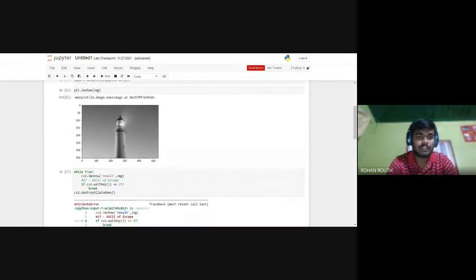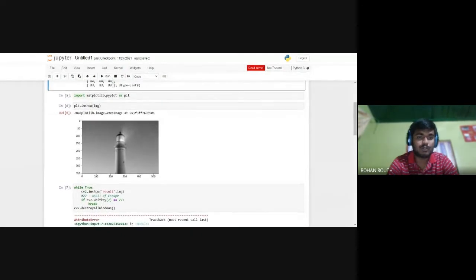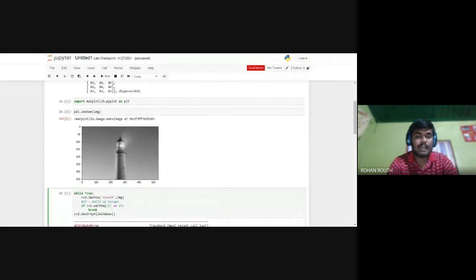Then we have used this while True statement here. What happens when we use this OpenCV statement is that if we don't use the while True loop, the output window will not stay stagnant. It will just open and close, open and close.